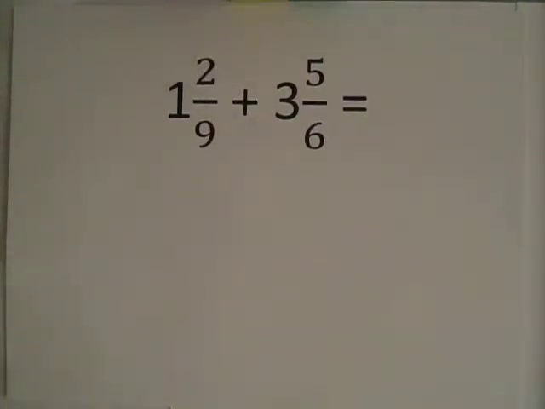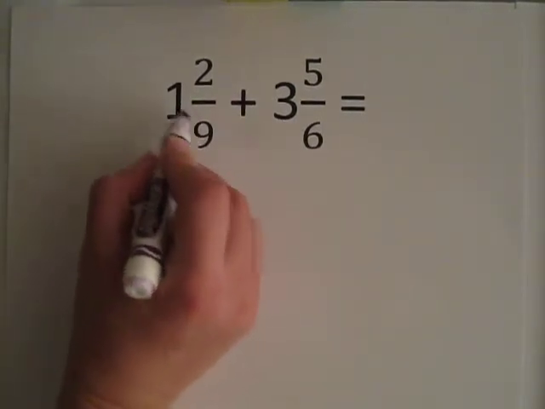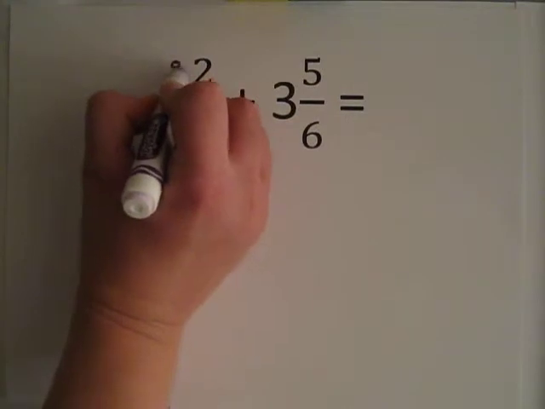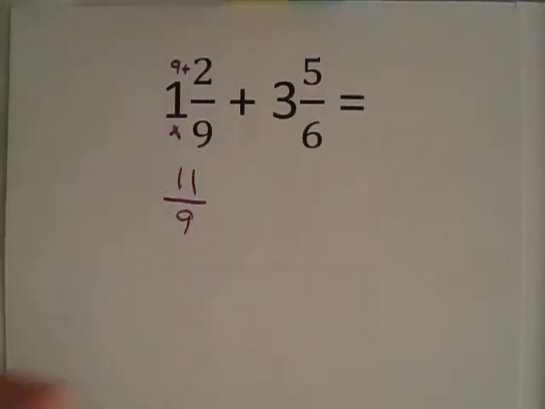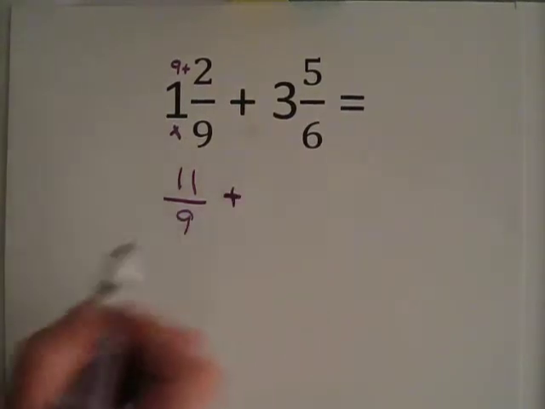Alright, today we are going to add two mixed numbers together. To do that, we will be using butterfly, but first we have to change each of these mixed numbers into improper fractions. So to do that, we first start, we multiply. 9 times 1 is 9, and we add 2 to it, so we get 11 ninths, keep the denominator, plus,